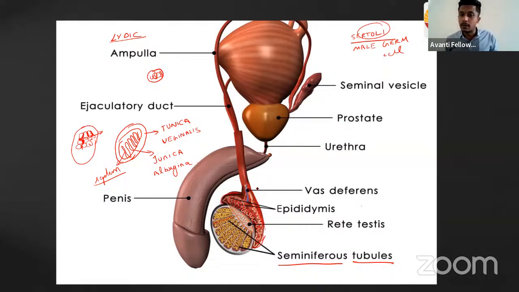Now the vas deferens from the scrotum ascends upward, anteriorly. It goes up into the abdomen through the inguinal canal. We call this the inguinal canal. Through the inguinal canal, it loops over the ureter. If these are the ureters, it loops over the ureter, and then it punches through,